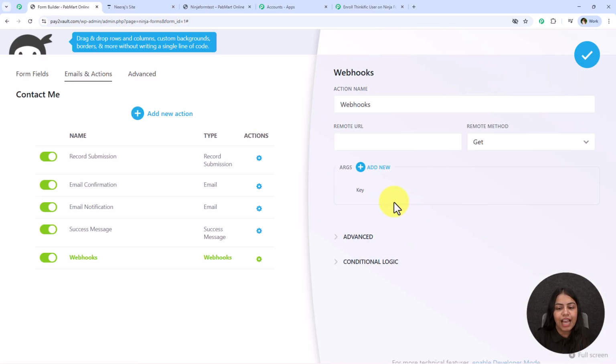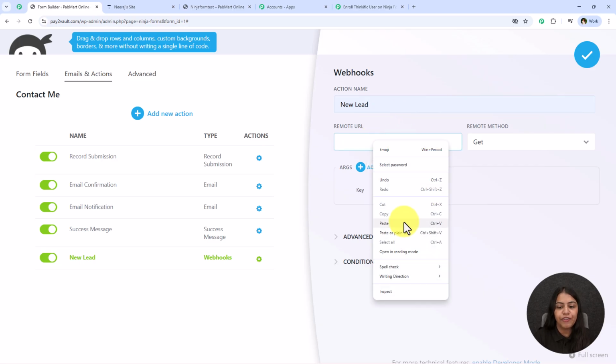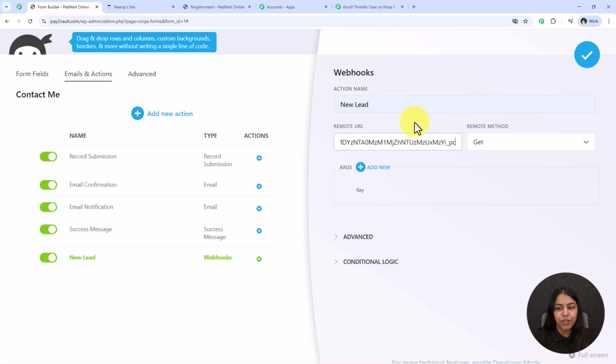Now you have to add the action which is webhooks, and after adding this action you have to give the action name. So let's say I'm going to give the name as new leads. And now I'm going to move in further. For the remote URL, we have to paste the URL which we copied from the workflow. For the method, we have to keep it as post,